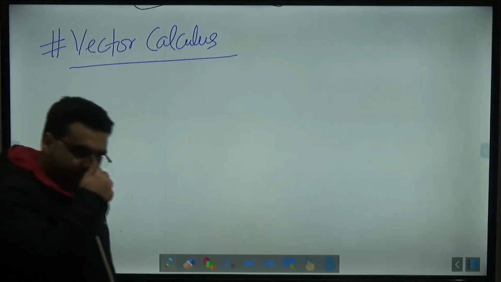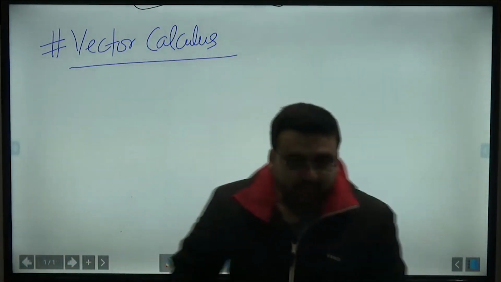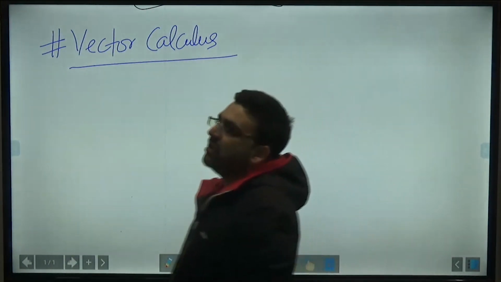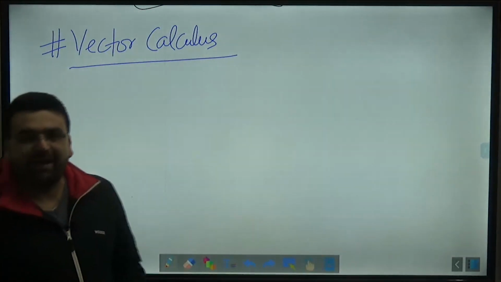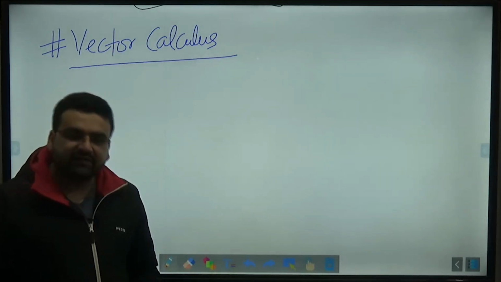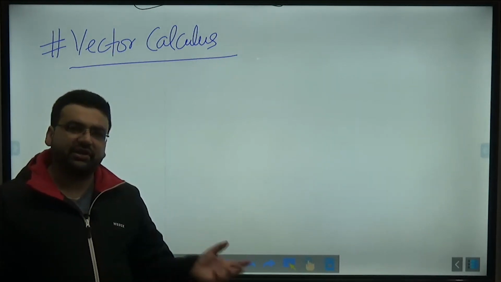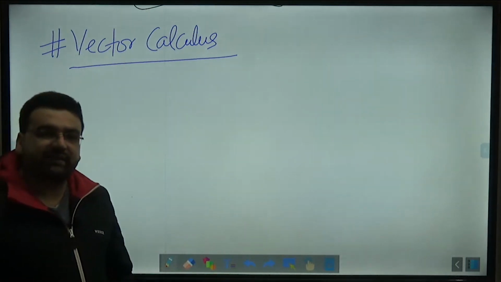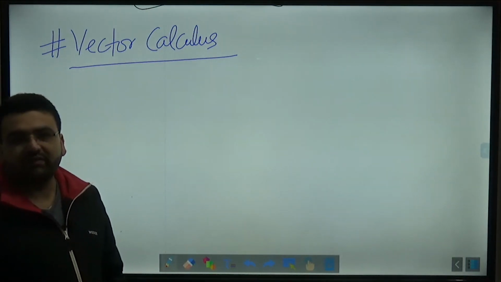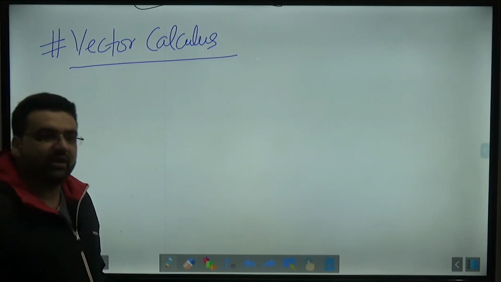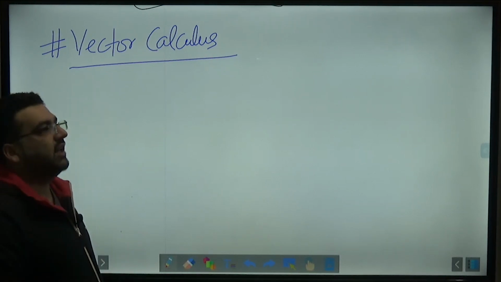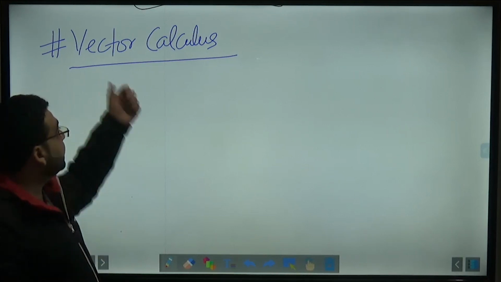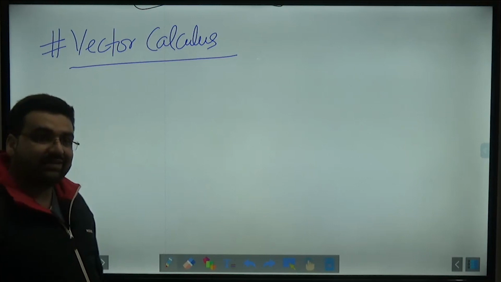Let us meet in the next lecture, and in the next lecture we will again be doing the revision of vector calculus. After vector calculus we started linear algebra, in which we have matrices and determinants, the various types of matrix that we discussed, the various properties of determinants, rank of a matrix and all those things. And after that we have numerical methods. We have Euler's method, other types of methods, numerical differentiation, numerical integration, and the last topic was probability and statistics that we discussed. So in the next lecture we will be discussing vector calculus.